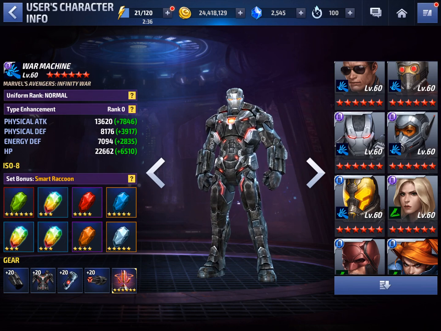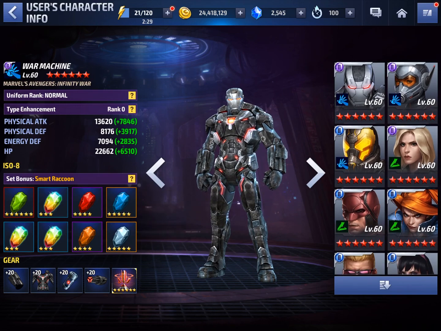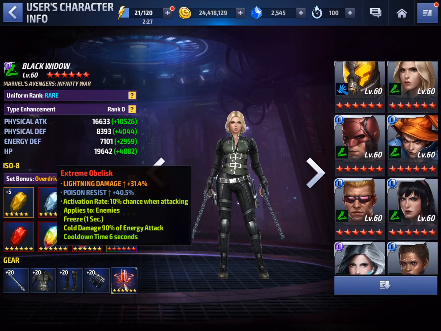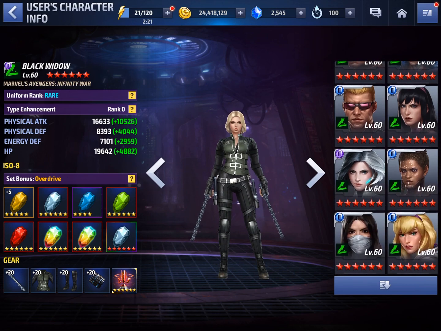Alright, so you have the Infinity War uniform for War Machine, really good. I would go with the damage proc. War Machine can do insane damage, so I'd definitely go with that. Yeah, that fit skill is really, really good. Maybe Black Widow might get a new uniform. She's really good for Shadowland if you put an invincibility obelisk on her, actually, because her damage is fine as